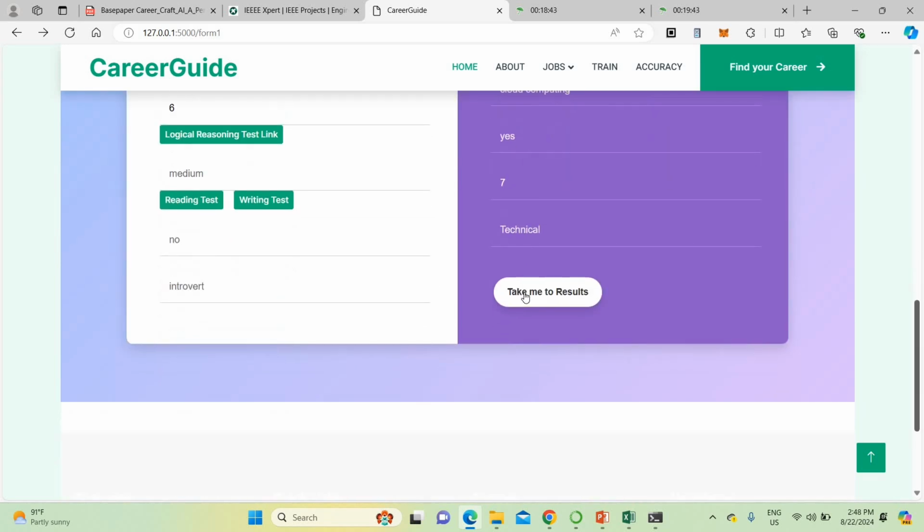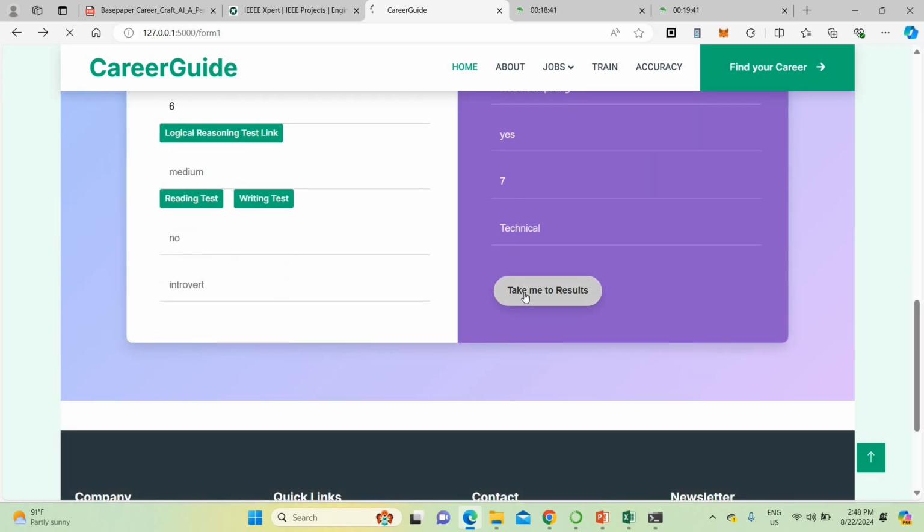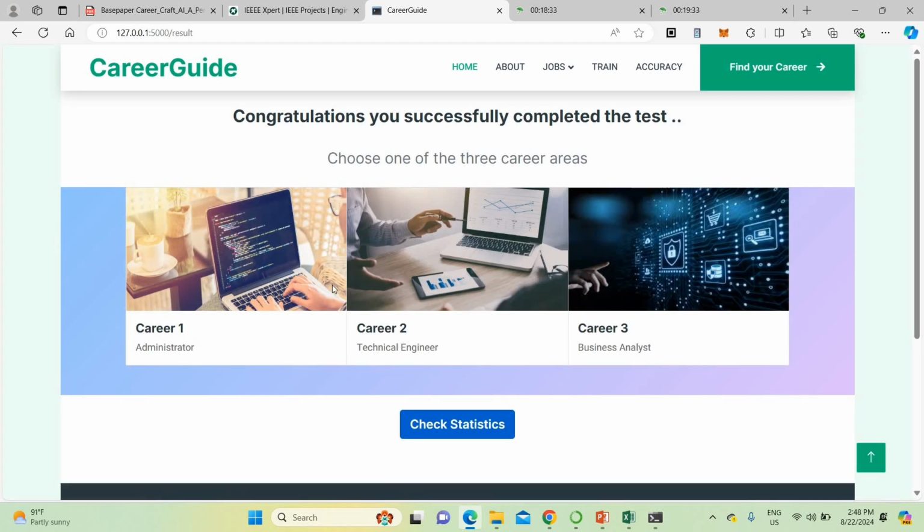Now I'm going to check the changed results. So it's predicting the newer results. For the changed result, you can see, this person can be an administrator in the first point. He can be a technical engineer in the second point. He can be a business analyst in the third point. This works perfectly. You can see.